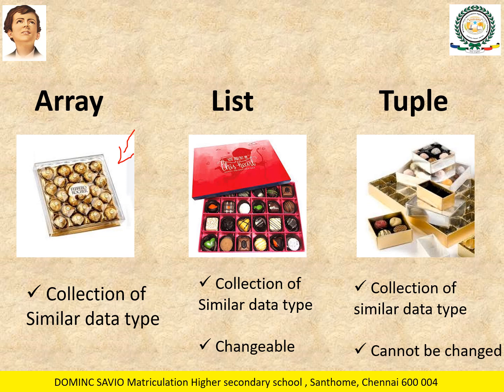Next is list. List is also a collection of similar data type, but it can be changed. So see the picture here. It is a box of chocolate which has different flavors in it. There's a yellow color chocolate which may be a mango chocolate or butterscotch, a white chocolate, and another one which has only almonds, or it can have cashews. So the variety varies, but it is also a chocolate. So we can include 1 or 2 extra in this list.